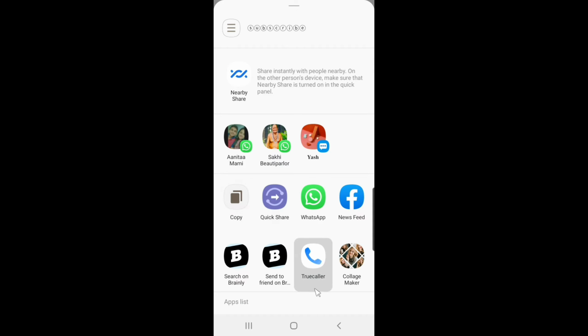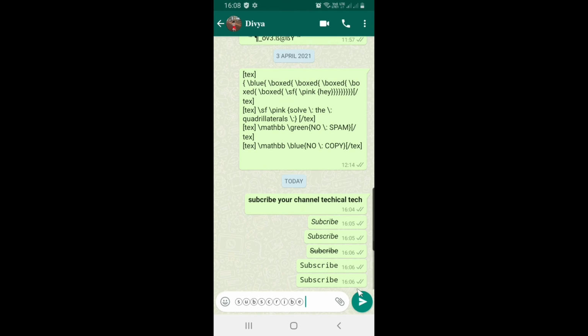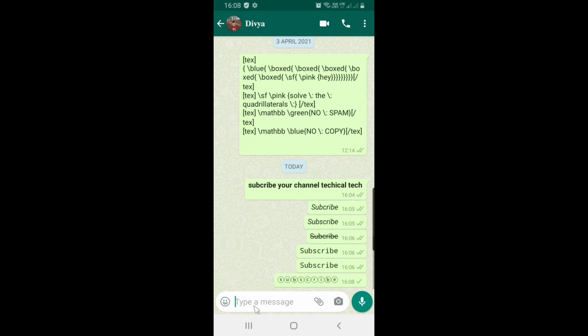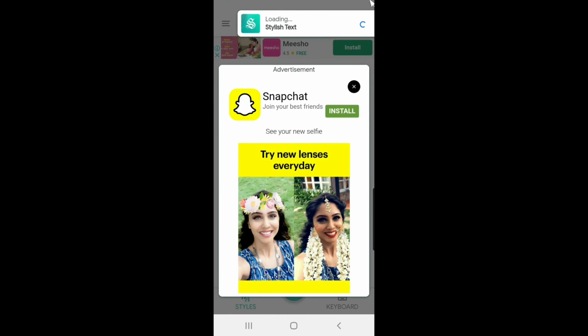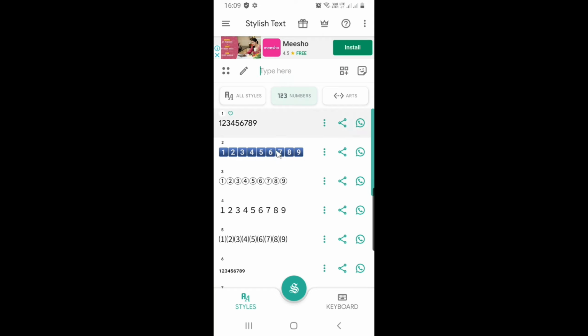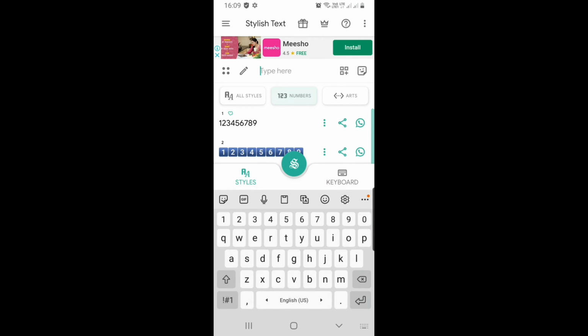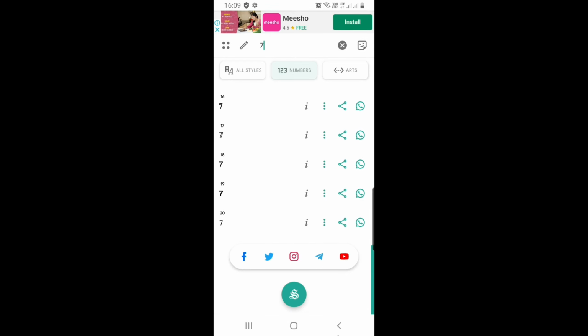Click on this copy option, or you can send it to WhatsApp also. Over here there are many options also. You can type numbers also. As you can see, many stylish numbers are there.